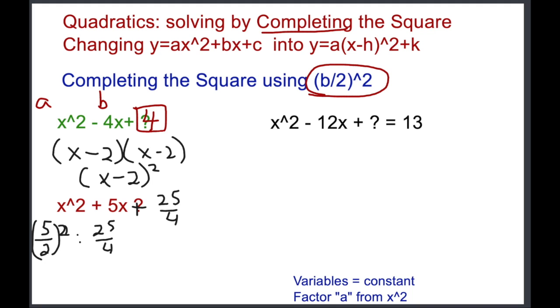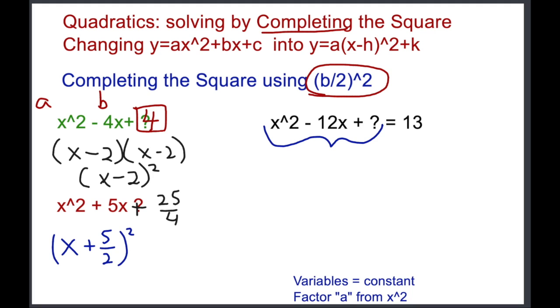Now we want to factor that, and so the factor, because of what we found, turns out to be x plus 5 over 2 times x plus 5 over 2, which is x plus 5 over 2 quantity squared. This is an unusual perfect square trinomial, but because of this formula, b over 2 squared, it becomes easier to do. So we're going to apply this now to this problem and try to get a perfect square trinomial to